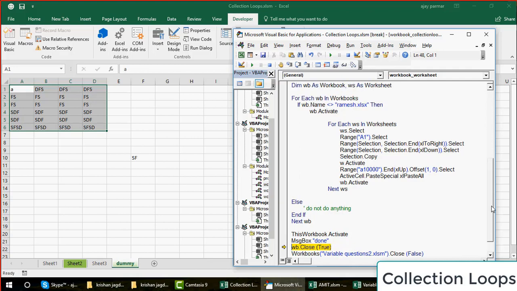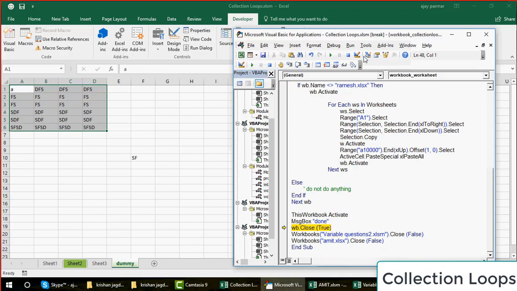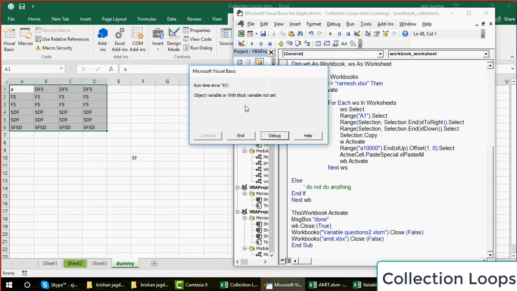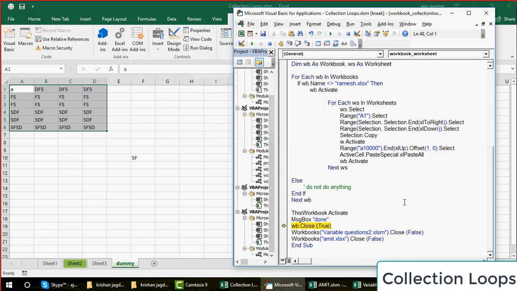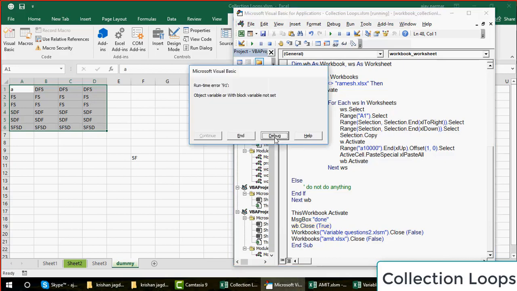WB is okay, my mistake. Who will tell me what is the problem? Why is it saying that the set word is not defined? I'll tell you. Because this WB demands set.